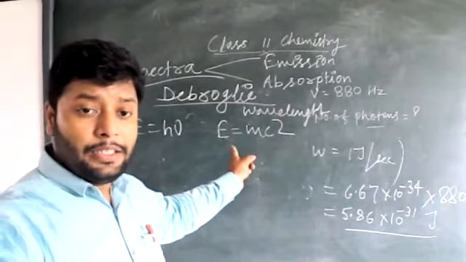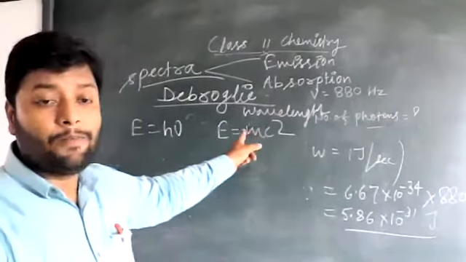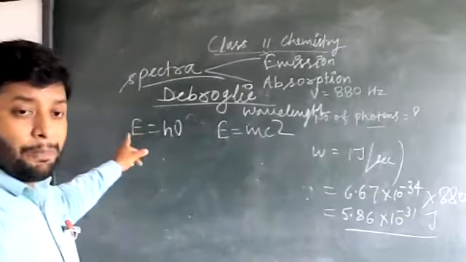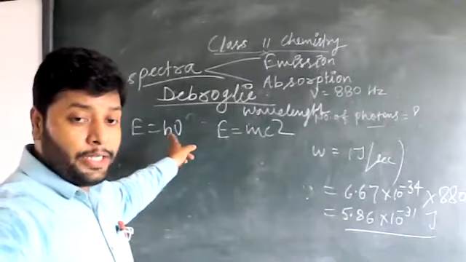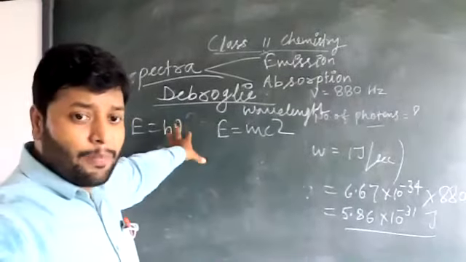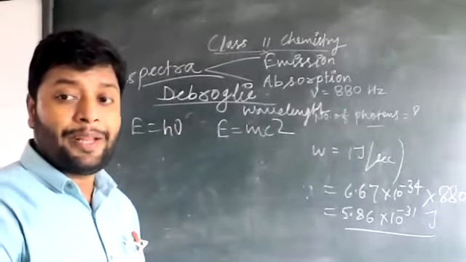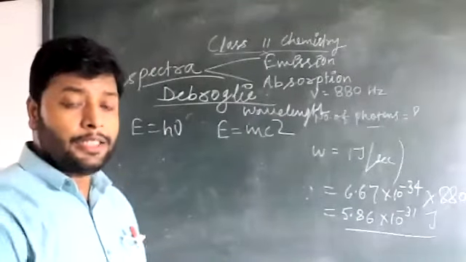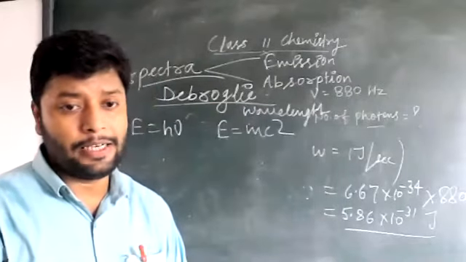According to Albert Einstein, the energy is the product of the mass of the body with the square of the speed of light. And according to Planck's quantum theory, the energy is the product of Planck's constant and the frequency of the radiation used. Planck's formula lets us obtain energy on the basis of the frequency of the radiation, and Einstein's formula lets us obtain energy with the help of the mass of any body, any particle.